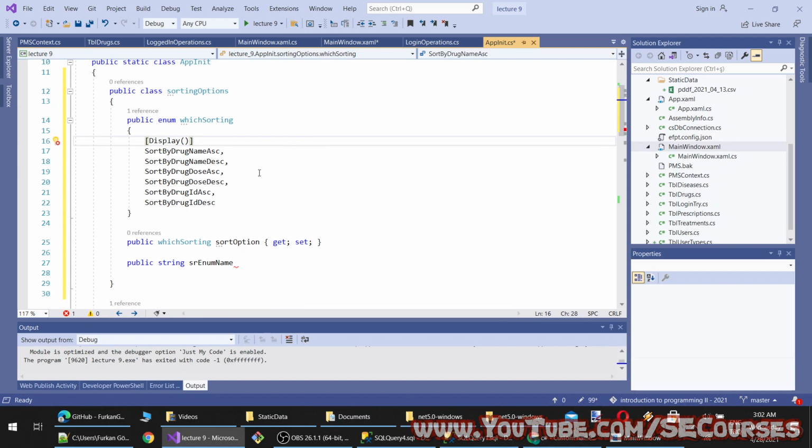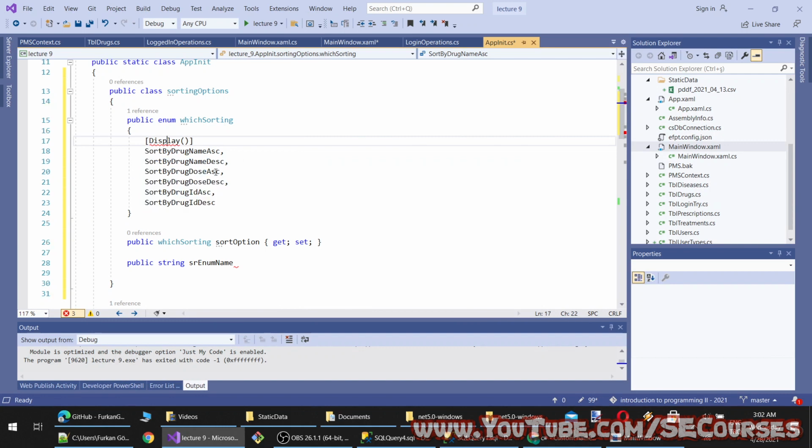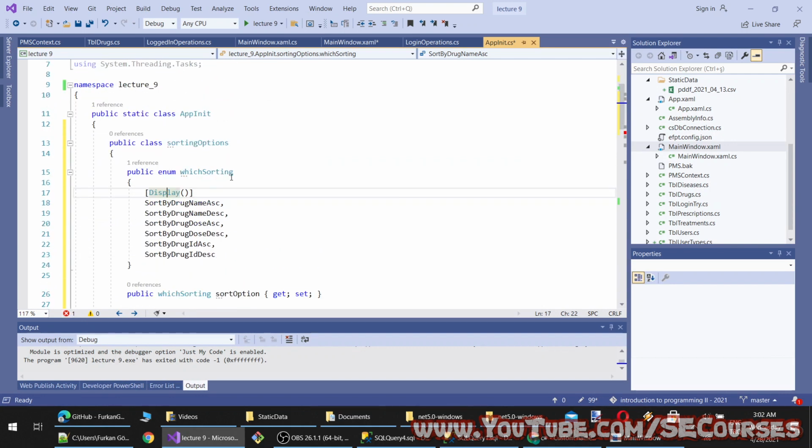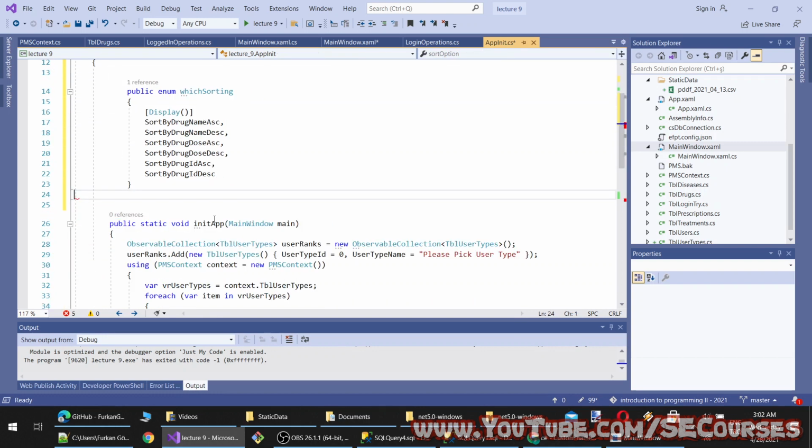So here, let's see why it is not working. Okay, we add annotations. Okay, since we can set the enumeration as well, I think we don't even need this class. And Display will be sort by.